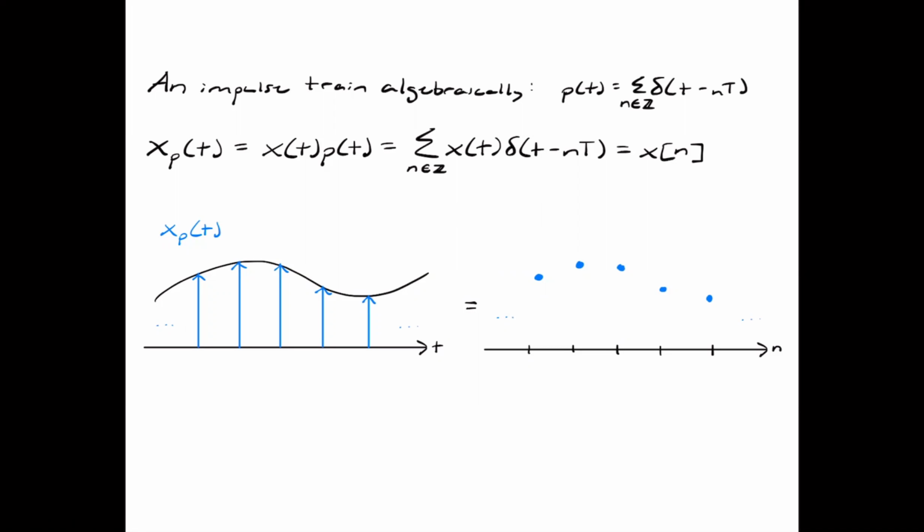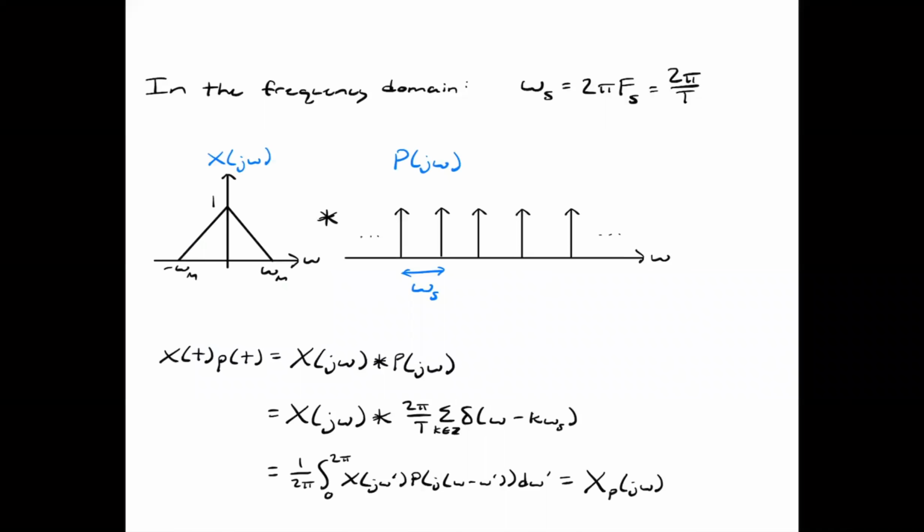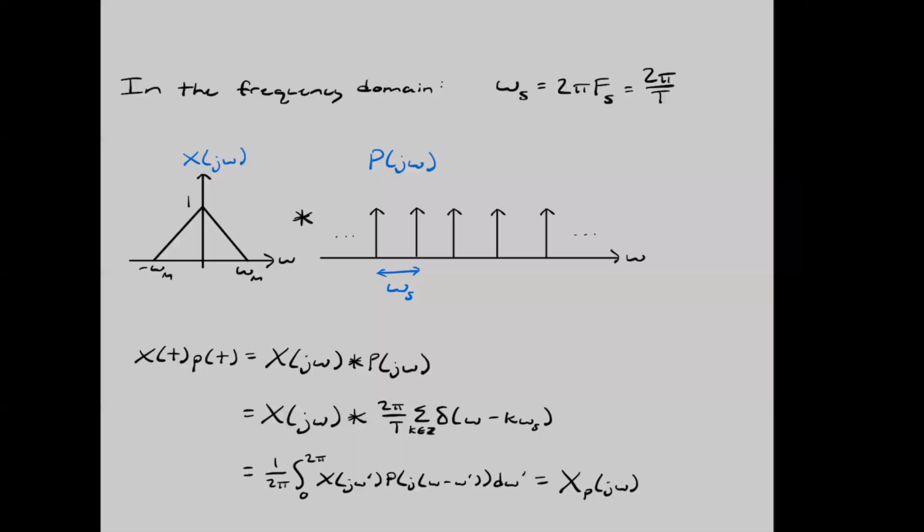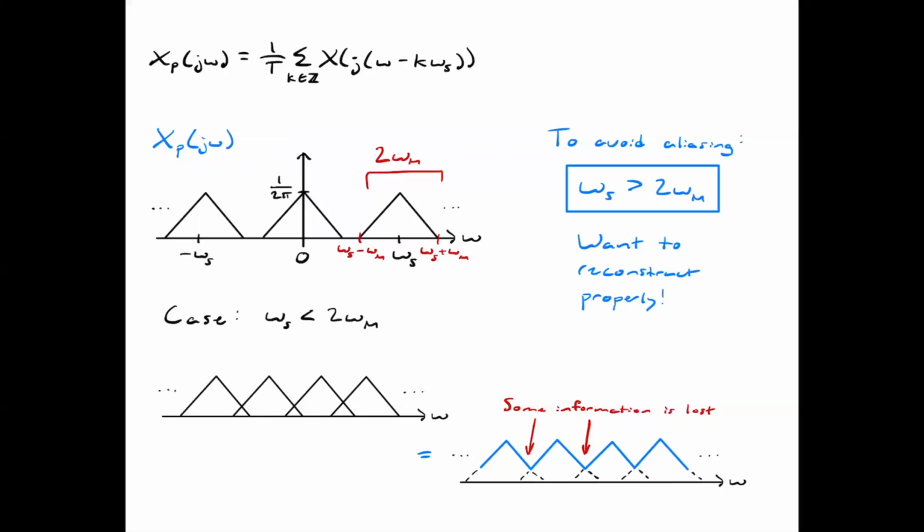An impulse train remains an impulse train when going to the frequency domain, although the pulses will be spaced by omega sub s, or 2 pi over T. Instead of multiplying, we convolve the frequency domain signal with our pulse train, giving the convolution sum shown here. The result is multiple copies of our signal in frequency, which we can then feed into a low-pass filter to